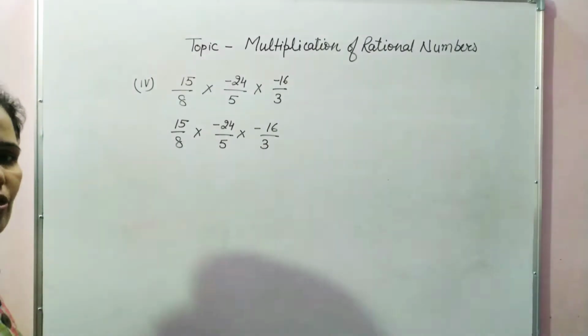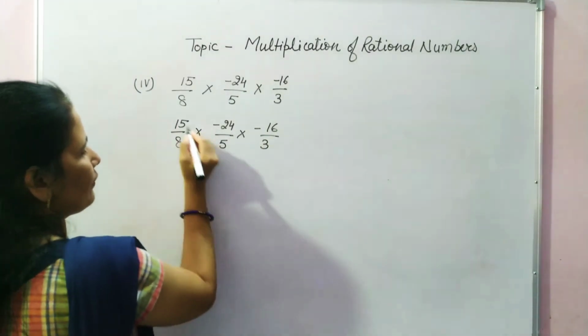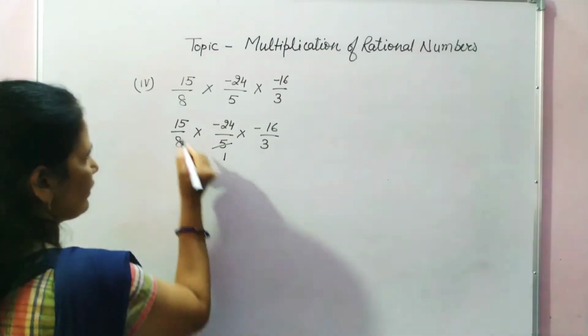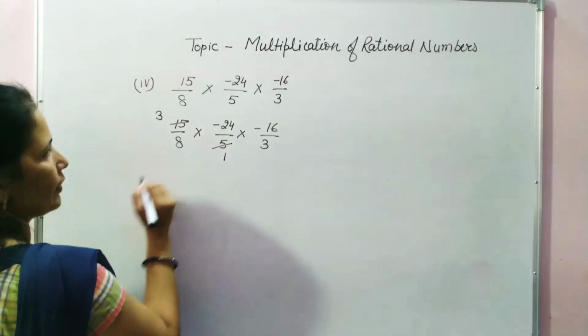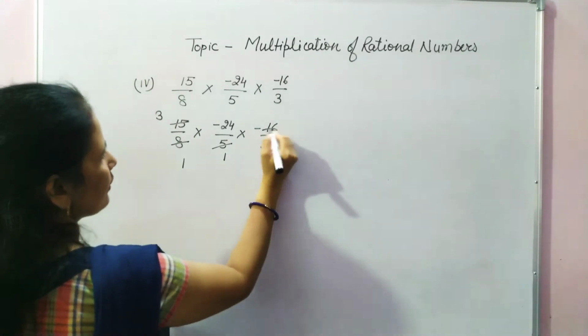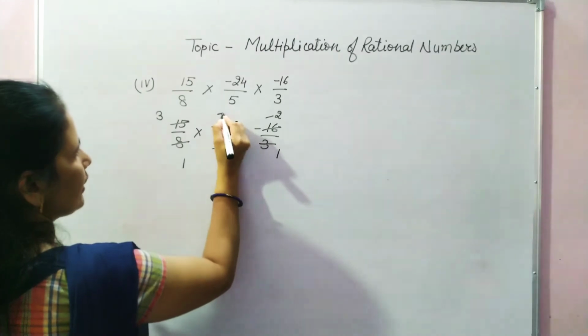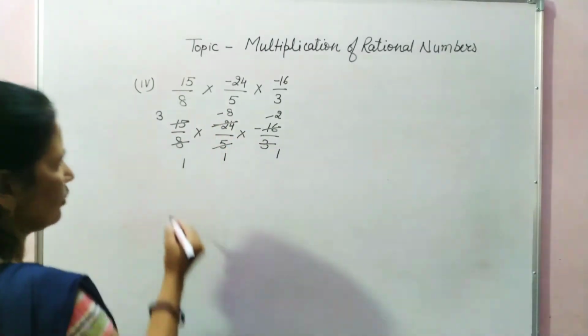Okay, let's check. 5 and 15 both come in the table of 5. So 5 1 is 5, 5 3 is 15. 8 1 is 8, 8 2 is 16. 3 1 is 3, 3 8 is 24. Now